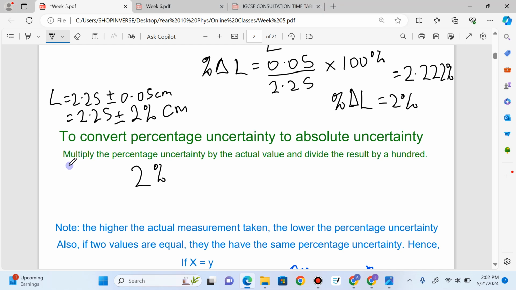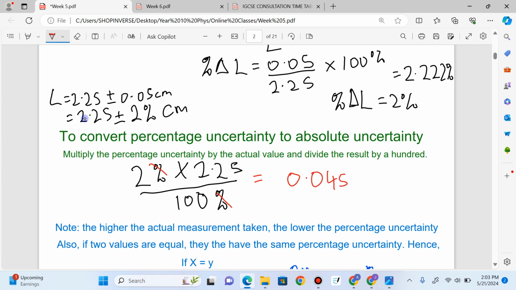So what I will do is multiply the percentage uncertainty by the actual value and divide the result by 100. This is my percentage uncertainty, which is 2%. I will multiply it by the actual value, and you know the actual value is 2.25. I multiply it by 2.25, and then I'll divide my result by 100, since I want to express it as a normal number and no longer as a percentage. So I divide my result by 100. Normally, if you want, you can cancel out these two. Just do 2 multiplied by 2.25, you get 4.5, divided by 100, you get